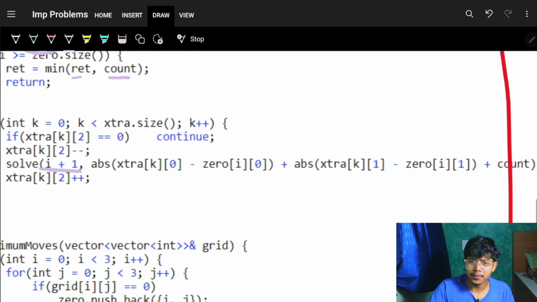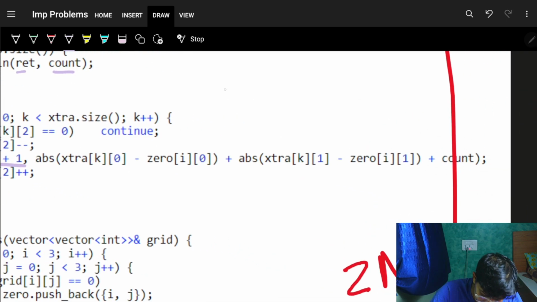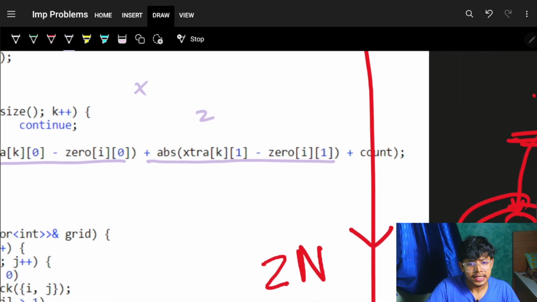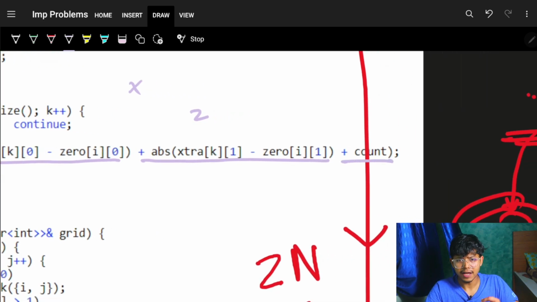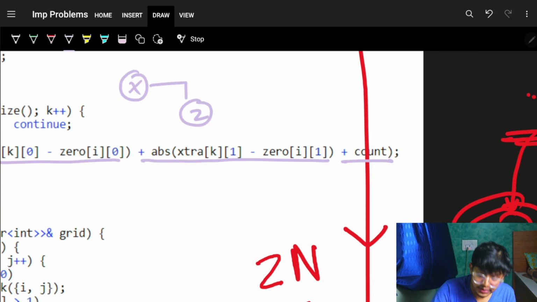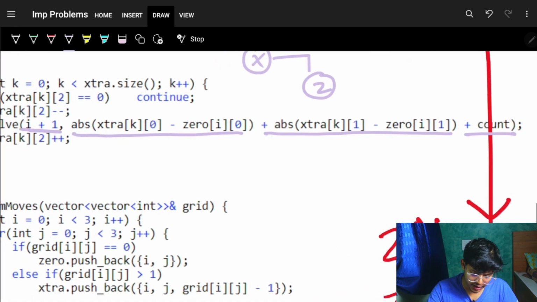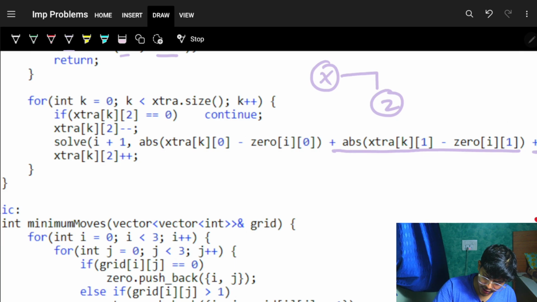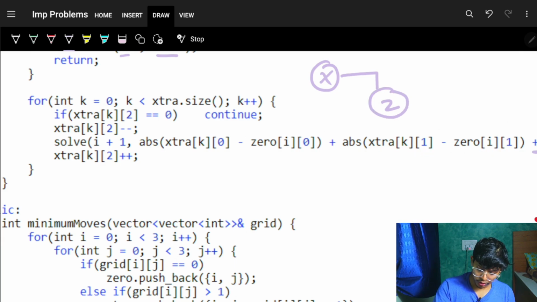Now the new count is the number of moves to reach from that extra cell to a 0 cell, which is nothing but the subtraction of their x coordinates and the subtraction of their y coordinates, plus the existing count I have, because I am carry forwarding that existing count plus the new count, and the new count is whatever distance there is from the extra cell to a 0 cell. So that is done. I'll go and try to solve it now, but you know that you have to try